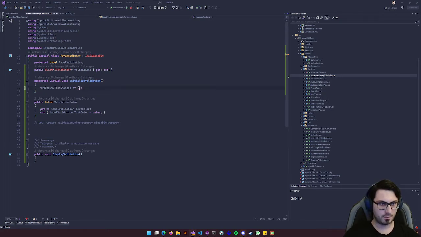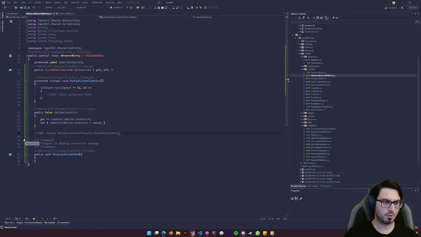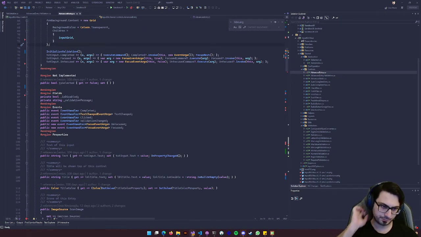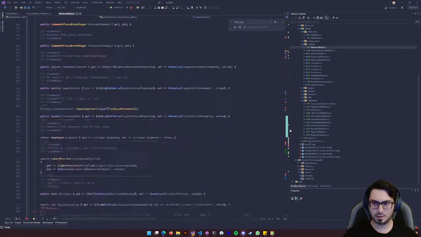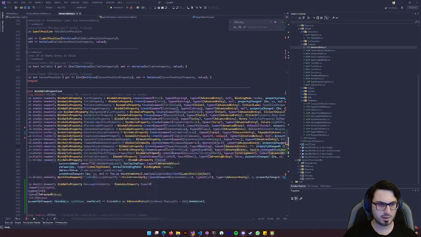Okay, now, okay, I will come back to this file after I complete my job in the advanced entry class. Let me check. Let me last check. Update warning. Update warning for what? Display validation. It's not readable, but